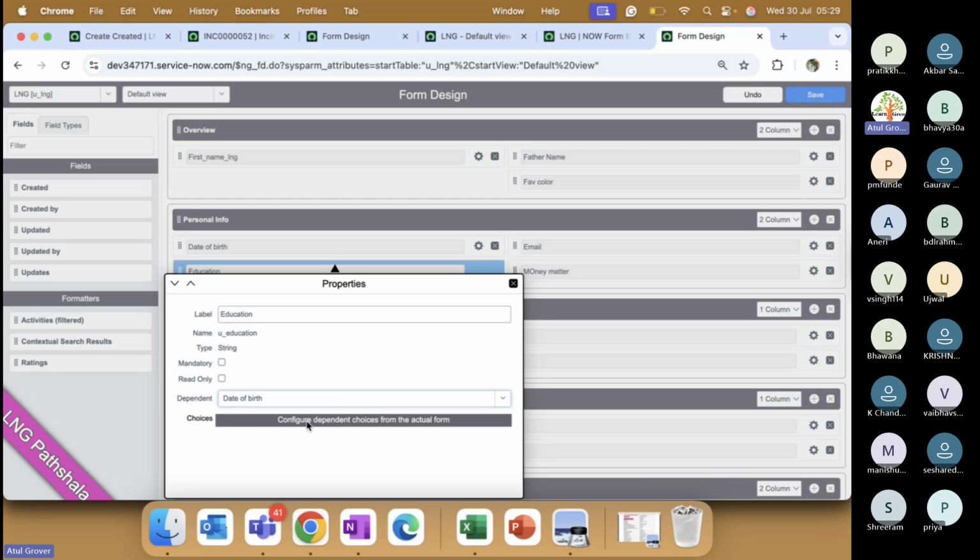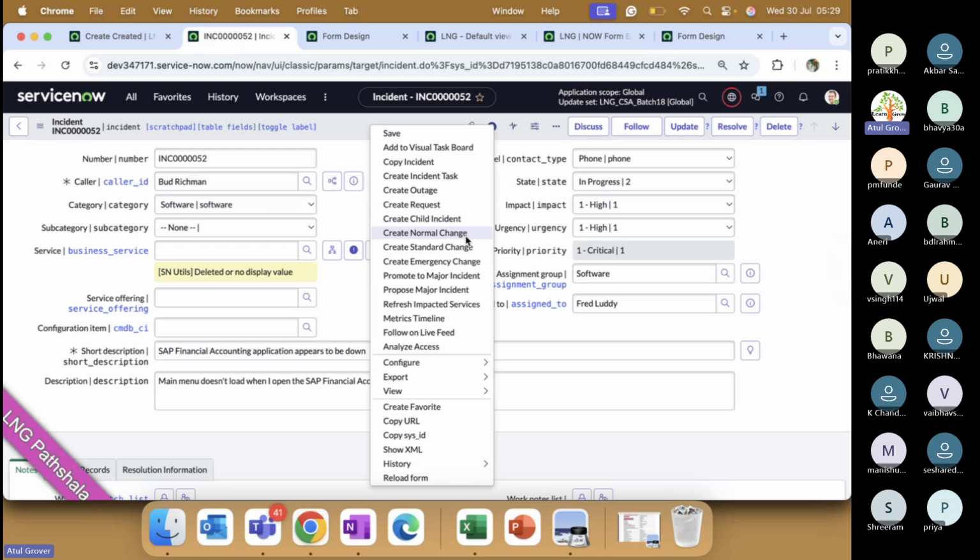अब वो कह रहे कि डिपेंडेंट की चॉइस डालो, क्योंकि it's a choice field. First I will put the region: south, north, east or west. Based on the south, I want to show only people who are from the south side. Based on the region north, I want to show people only from the north side. So dependent के लिए पहले choice देनी पड़ेगी. This is what is happening here. If I again go back here,